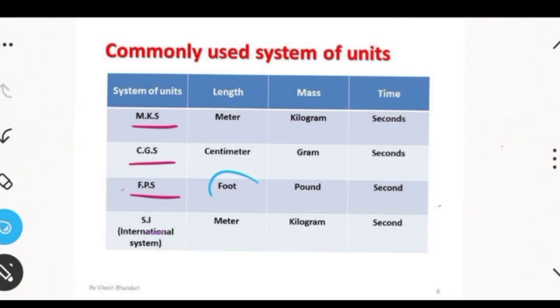Foot, mass should be in pound, as well as time should be in the second. Okay, you should not mix